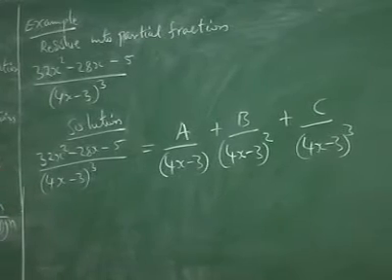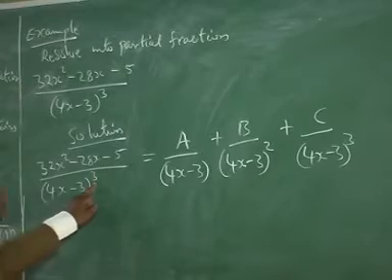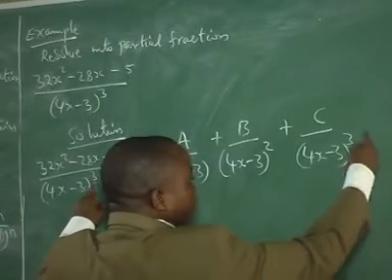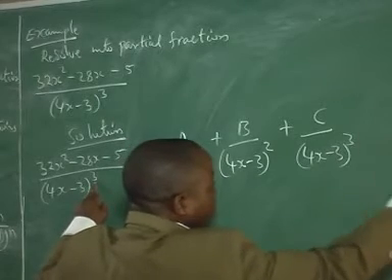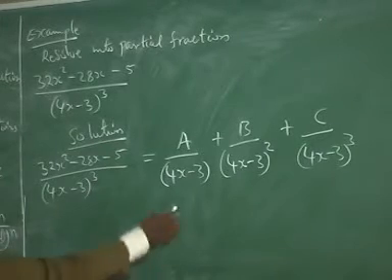See that? If it were raised to the power 5, the next one would be (4x minus 3) to the power 4, and the next one (4x minus 3) to the power 5. Now, as it is,